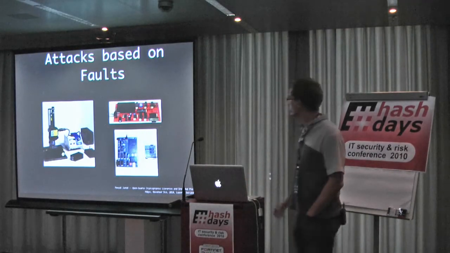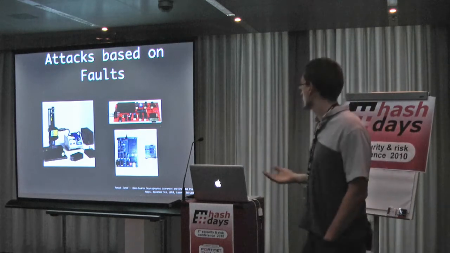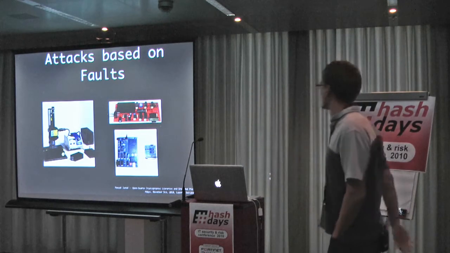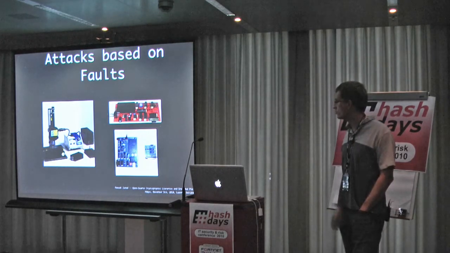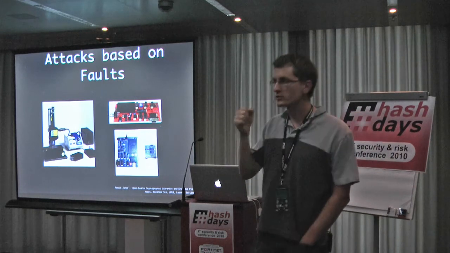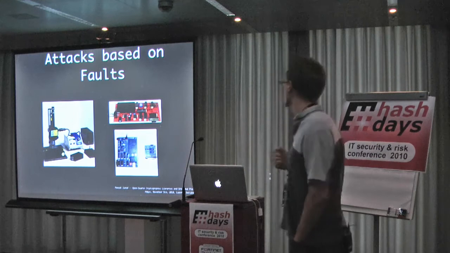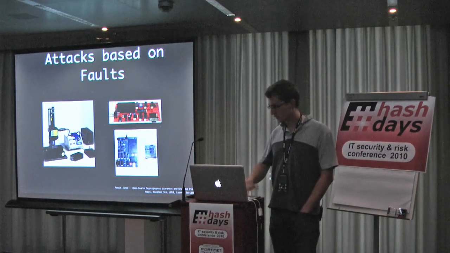You can also induce faults using, for instance, a laser on a smart card. And the two devices there come from the pay TV hacker world and are called unloopers. They are small glitchers, small circuits which are able to introduce small spikes of current into a smart card, and thus to make it fault.